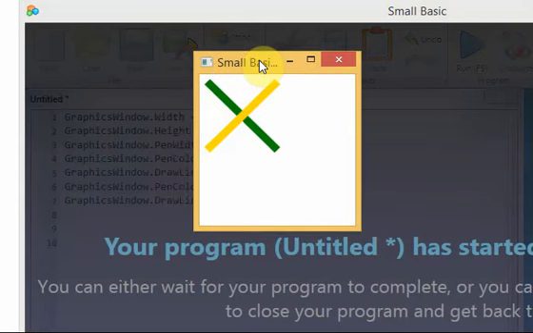Now these are the basic stuff we need to clearly understand. Then we'll be using a few advanced drawings